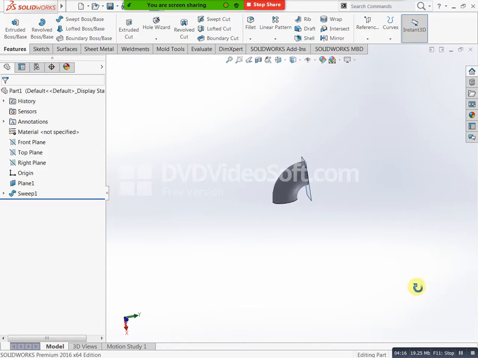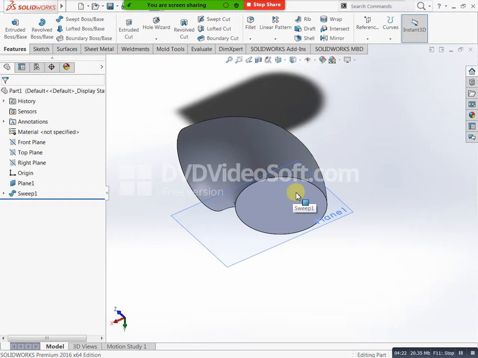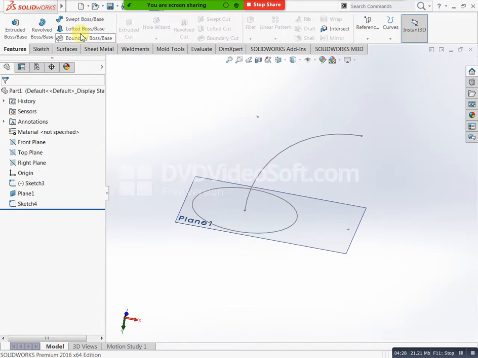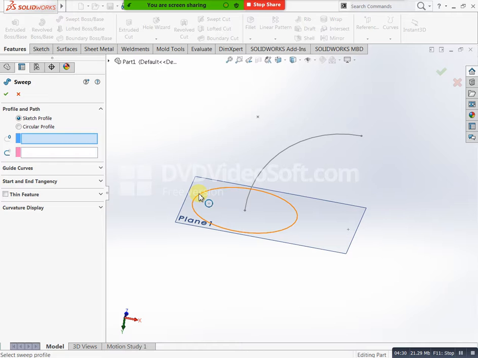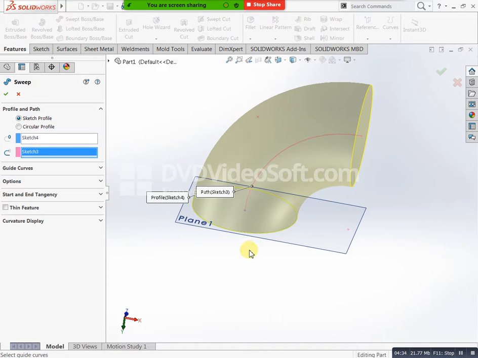For example, in this elbow I need a hollow. How can we mention that hollow? Just come back once. Here we have swept boss or base. You can select this one, and at the same time select a path. After this, here we have one feature, that is thin feature. If you need a hollow pipe, you can mention that one.